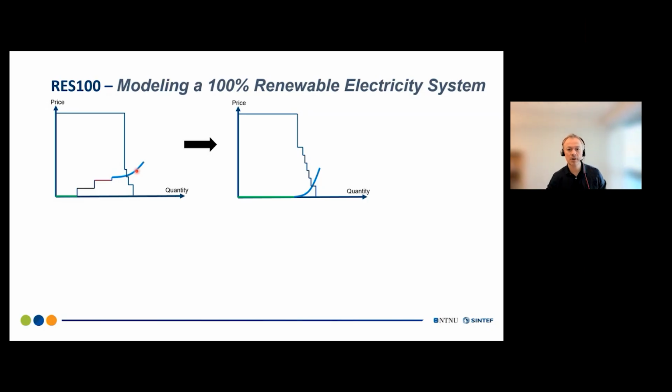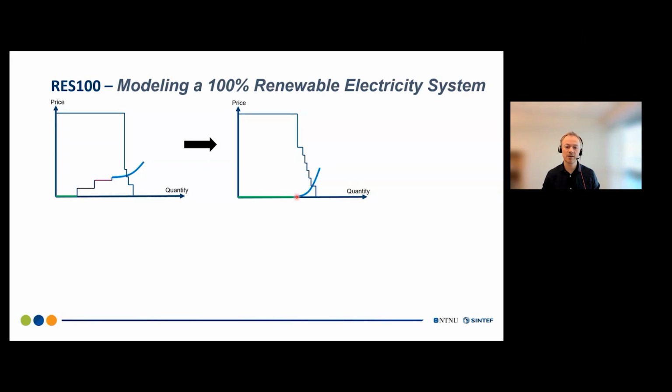In the future, in a 100% renewable electricity system, if you target that, then we have to extract all the thermal stuff, and that leads to a quite different supply curve. You see the green line has become longer. And the water values, they will for sure become different then. And also I try to illustrate here on the demand curve that we have more flexibility, those small steps here. So the price cost will be different, the water values will be different, and we introduce new technologies that involves more variability and different types of uncertainty.